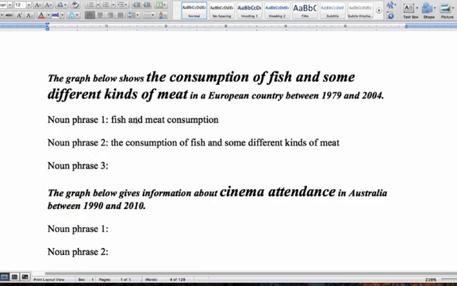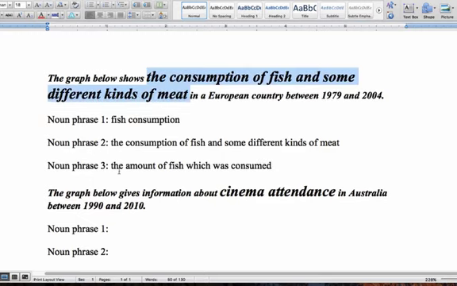Fish and meat consumption. Actually, in your essay, as we saw in the last video, we don't do them together, we just do them one by one. So that would be the noun phrase. And then, as we saw in the last essay, this was great. So then, when you're paraphrasing, all you need to do is take one of those out and put one of these in. I wouldn't use this one in your paraphrase. You want to save that for your overview. Some examiners don't really read the paraphrase so carefully, so don't waste this. This is gold. So put that one in.